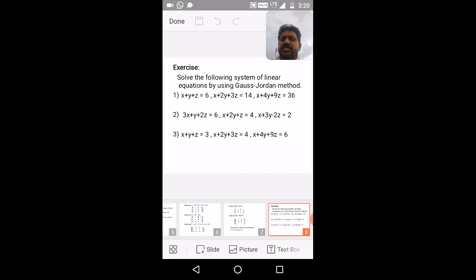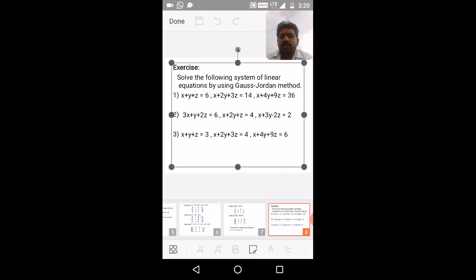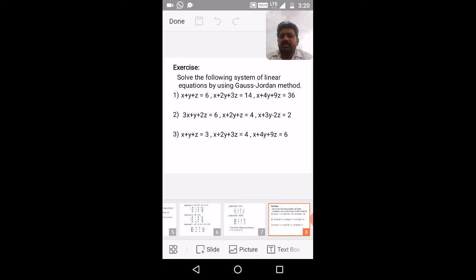So we will meet in the next session, and once again I request all of you to complete all your exercise problems by solving them in suitable methods or suitable simplification methods, which will give you knowledge about matrices and determinants, and then you will be able to solve all the problems very easily. Okay, thank you one and all.